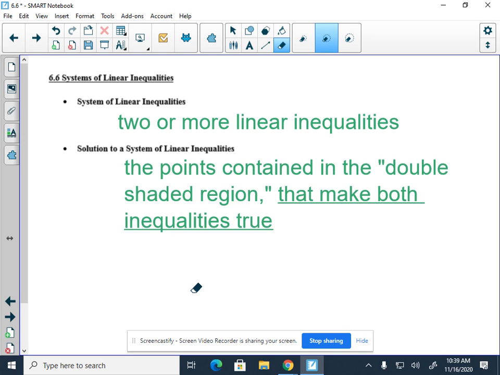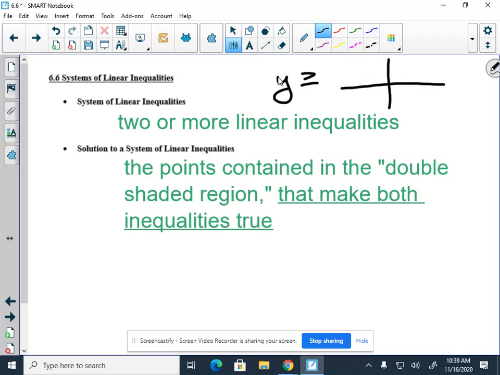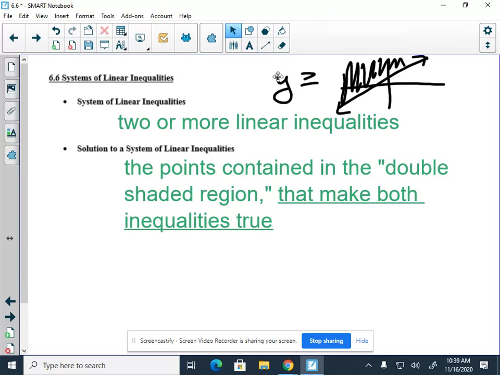Okay, section 6.6, systems of inequalities. Last lesson we did stuff like this where we might have y is greater than or equal to. We shaded a line because it's got the underline. After we graph, that would be a solid line, and if it's greater, we shade it above, and that would be the solution. Now, what we're going to add to this is a second line,